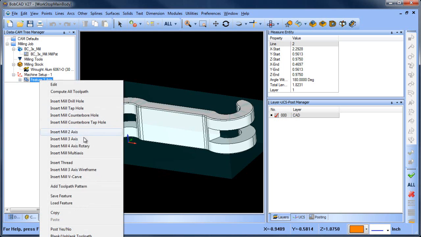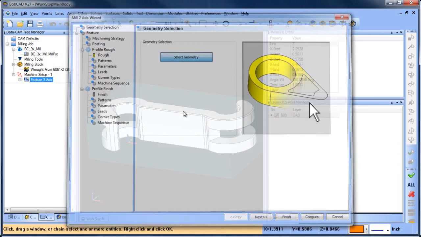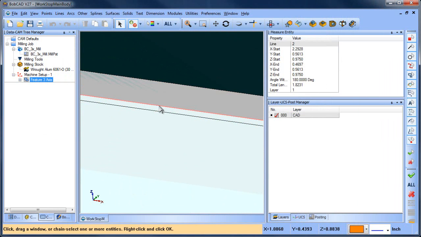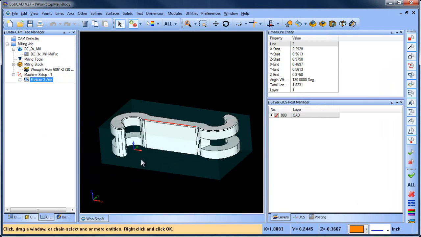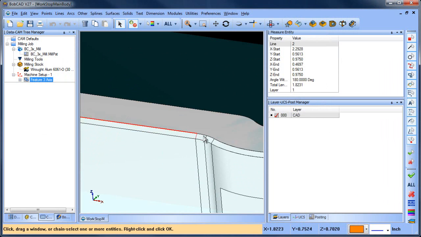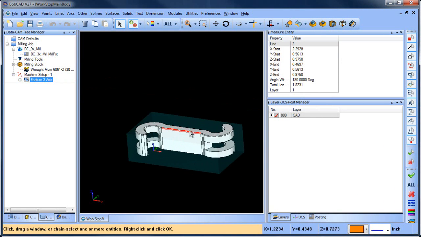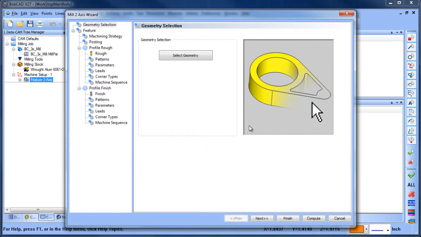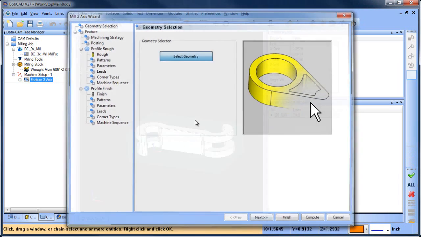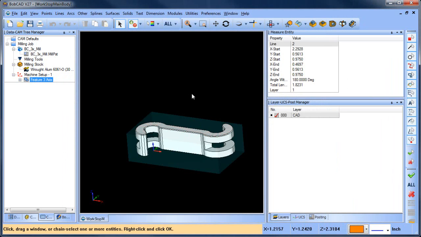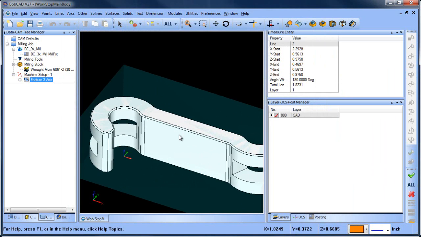So if I come in here to a 2-axis routine, and I go to select my geometry, if I move in on the edge of the surface and I right click, you get constant Z and loop selection. If I go to constant Z, sometimes it will go all the way around the part, usually if it's a closed shape. In this example, it's not going all the way around the part. I'm not sure exactly why, but that is what I'm finding. I could go through and pick all the surface edges directly, but that takes some time. So let's go ahead and cancel this,